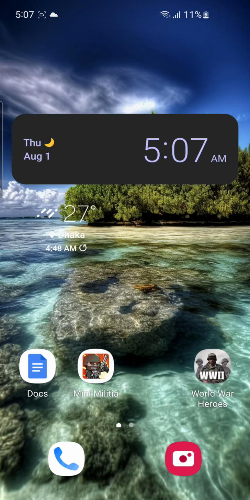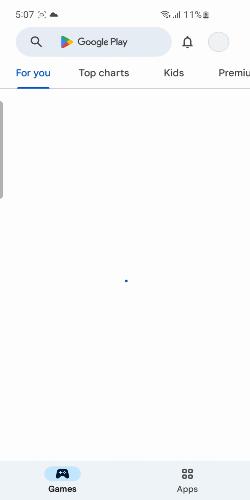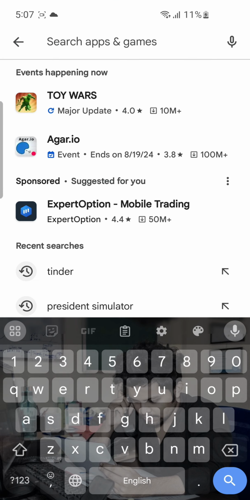Are you looking for the best VPN in 2024? So, let's not wait. Let's go and see what is the best VPN in 2024. To do this, you have to go to Play Store. Now, you have to click on the search bar and search for